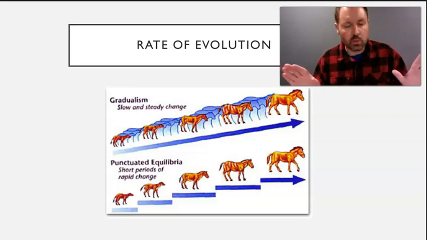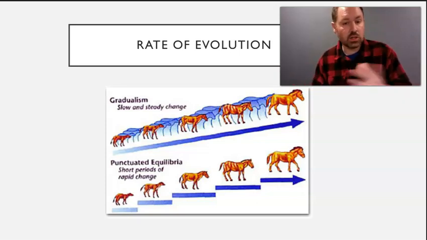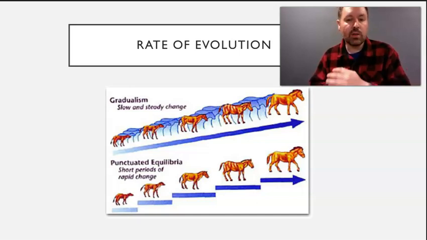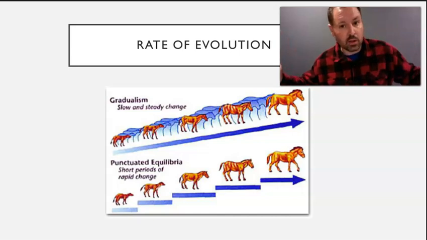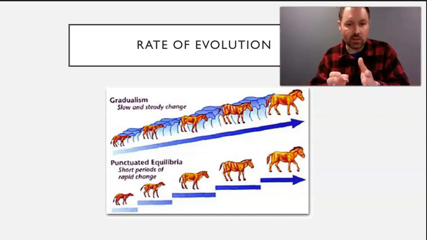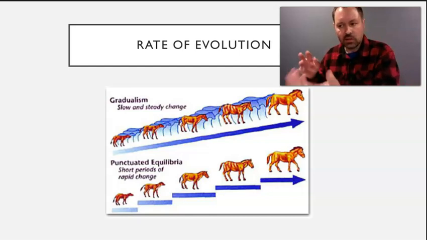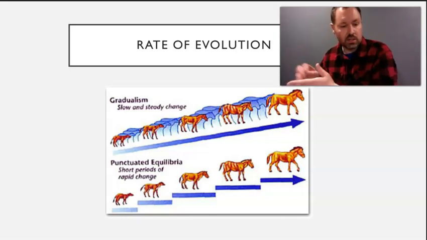No changes to the horse, it stays the same. Then some factor in its environment changes. Maybe the food that it eats, maybe the climate that it has to adapt to. And because the horse now has to adapt, within a period of, let's say, 10,000 years, which in the grand scheme of all things isn't that long, the horse makes a whole lot of changes and then stops. And then it just stays the way it is for a few million years. And then after that, there's another change in the environment, and then it has to change again.